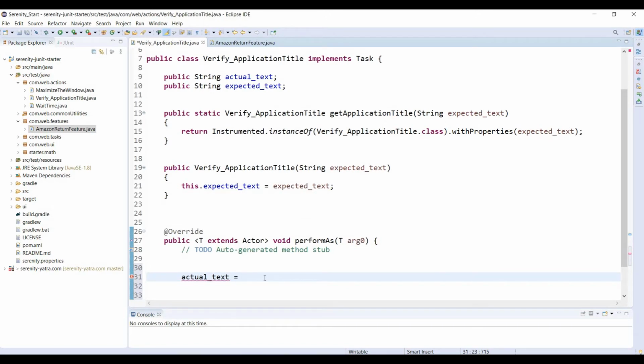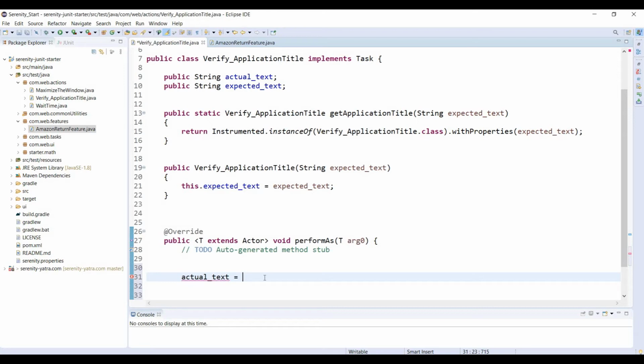So it is totally different from Cucumber and Selenium. Here we are using Serenity BDD with JUnit, and no additional plugin is required.